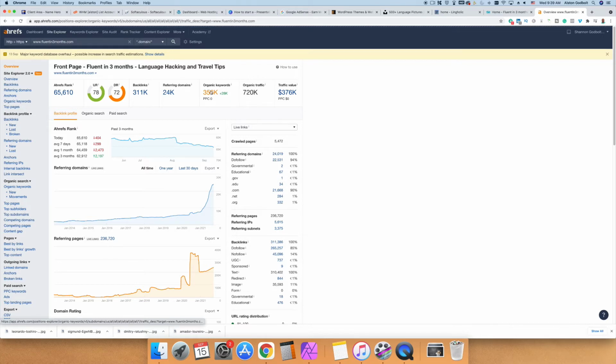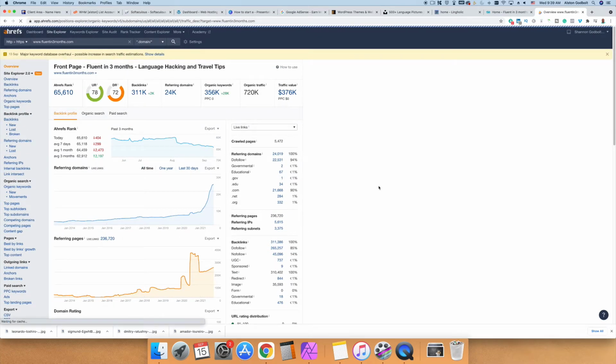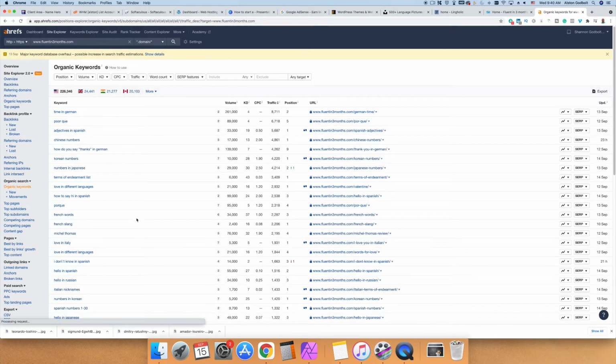So when I click here, it should open up a brand new page full of keywords. As you can see, these are keywords that you could create content for. Hello in Spanish, for example. How do you say thanks in German? What I recommend that you do is, since you have a brand new blog or website, change the keyword difficulty